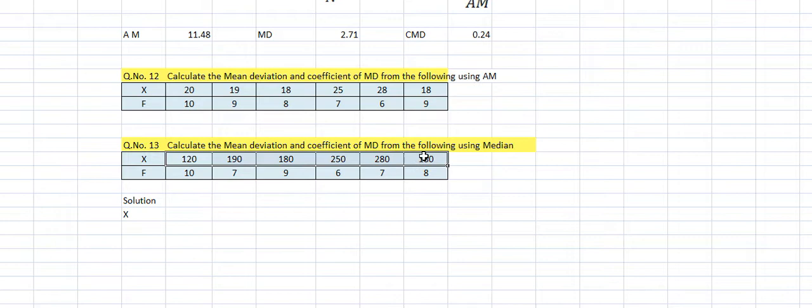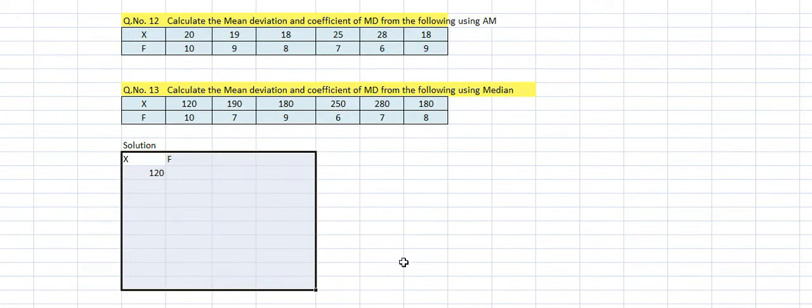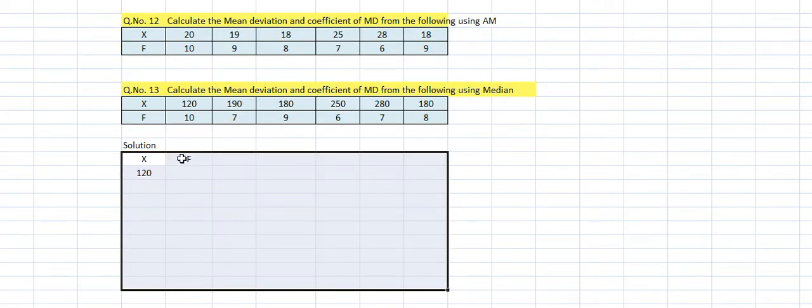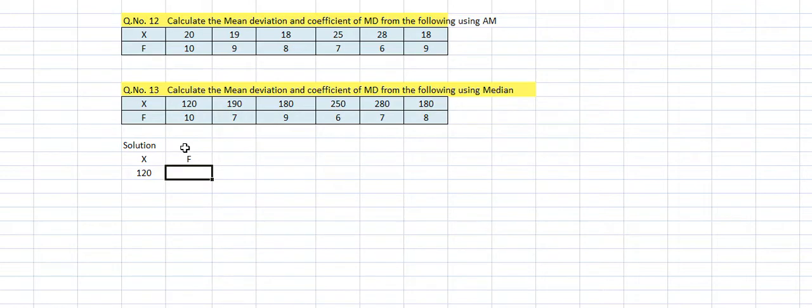Out of all these numbers, which number is the smallest? 120. The frequency of 120 is 10. So first frequency 10. Then the next highest is 180, two times are there. Take any one. The first 180 has frequency 9. The second 180